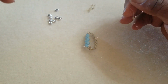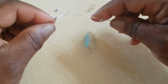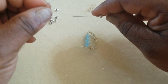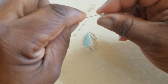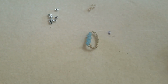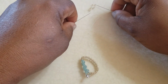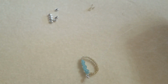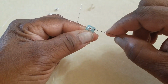and I'm going to string on the SuperDuo, and I'm going to make sure that both holes are open, and then I'm going to cross my needles through the top or first hole of the SuperDuo bead. I'm going to pull the threads. I'm going to continue by stringing on 1 size 11 seed bead on each needle, and I'm going to cross my needles through the second hole